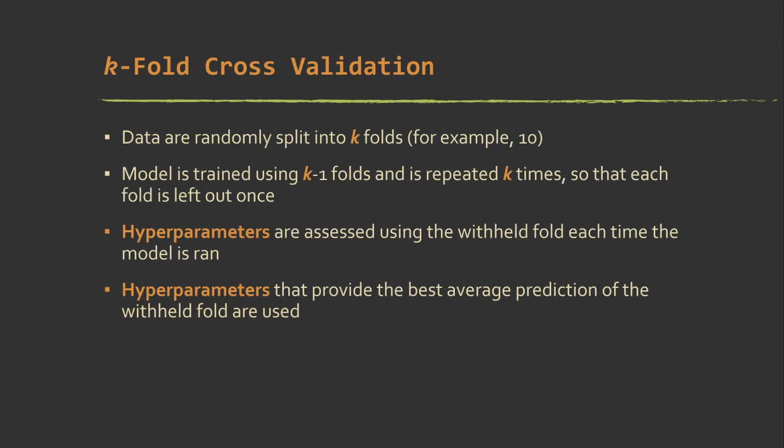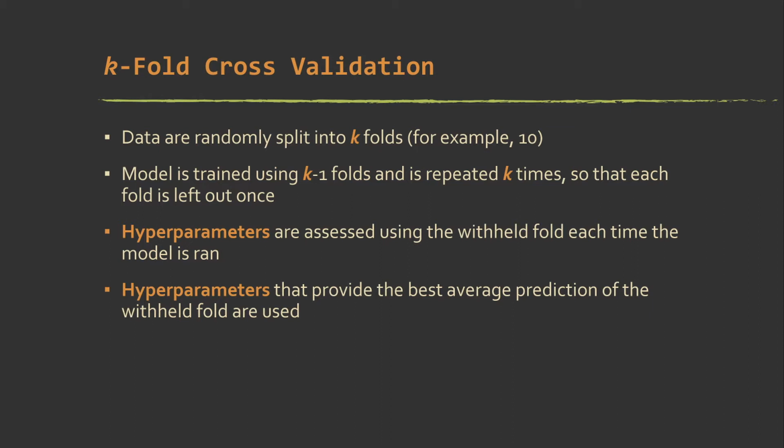Okay, so the methods we tend to use are either k-fold cross-validation, repeated k-fold cross-validation, or the bootstrapping method. So first we're going to talk about k-fold cross-validation. So here's basically the idea. We take the training data, and we randomly split it up into k number of folds. So if we're doing 10-fold, it's 10 folds. If we're doing 5-fold, it's 5 folds, so on and so forth. It's common to use 10 or 5.